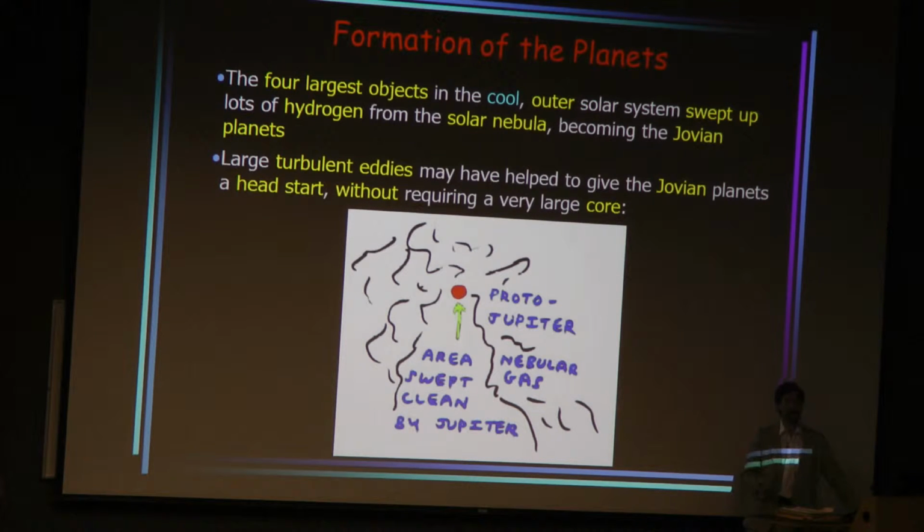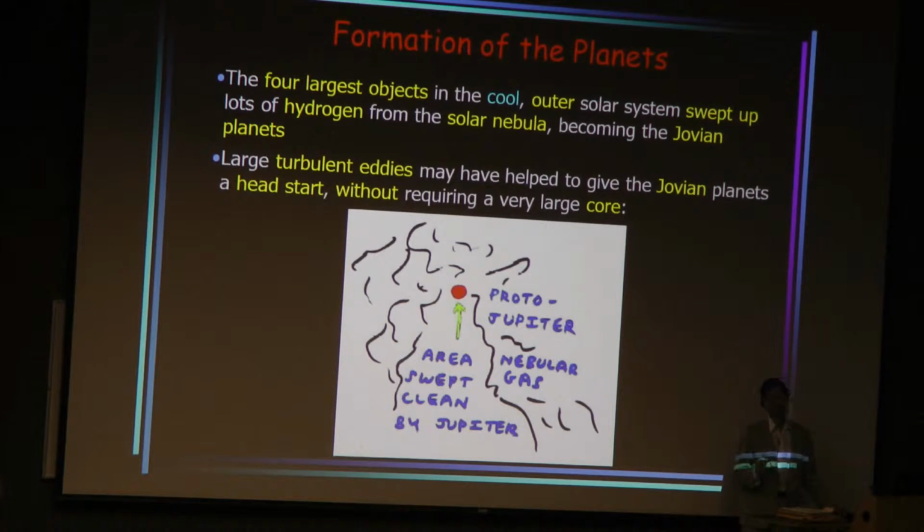Okay, again, just wanted to reemphasize, in the outer solar system, we have to recognize that there's this kind of chicken and egg problem, because you want to have enough of a mass there to attract hydrogen, but you don't start with that big a mass. So how do you bootstrap your way up? Well, we think that actually occurred by way of eddies that were swirling around the outer solar system, which allowed more massive amounts of ice to accumulate, leading to really large planetesimals out there, a few really large ones,